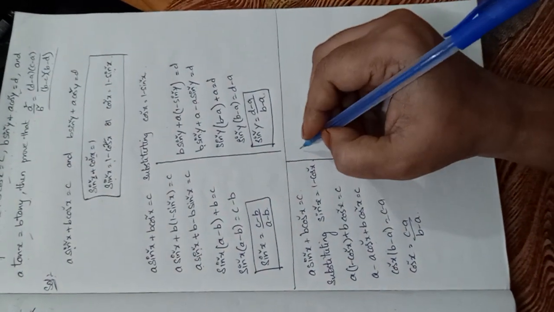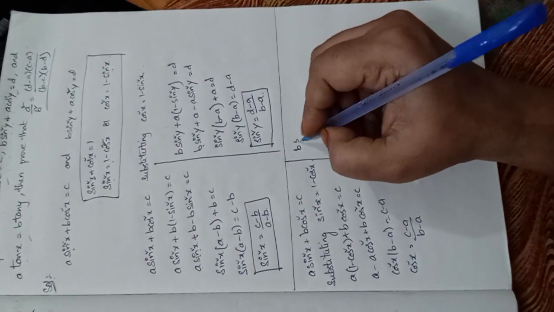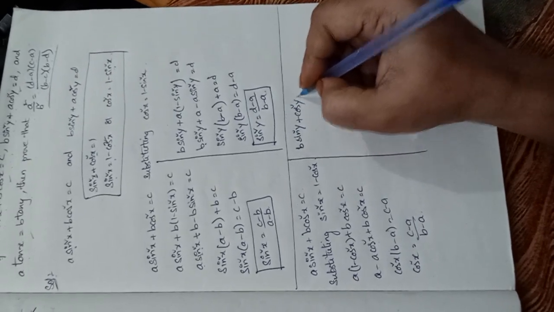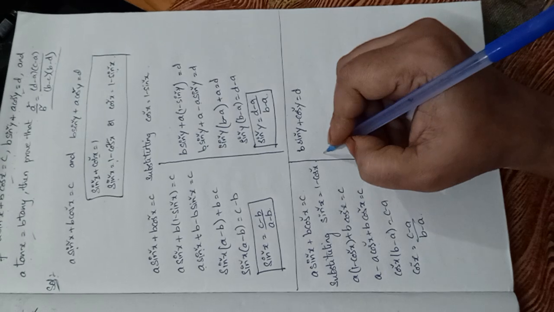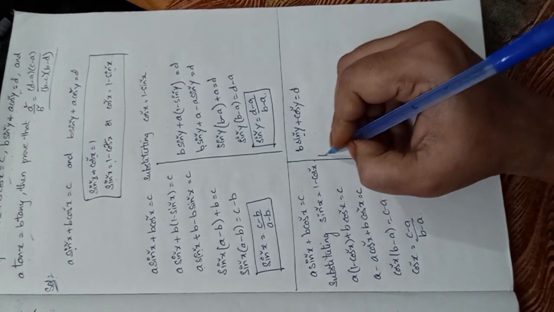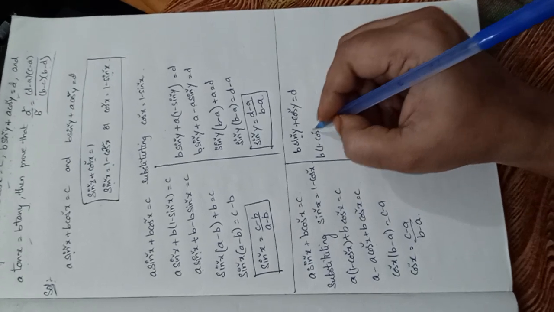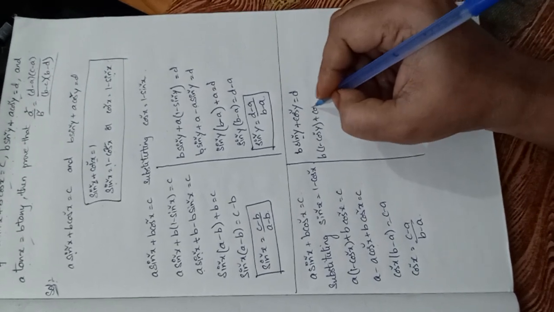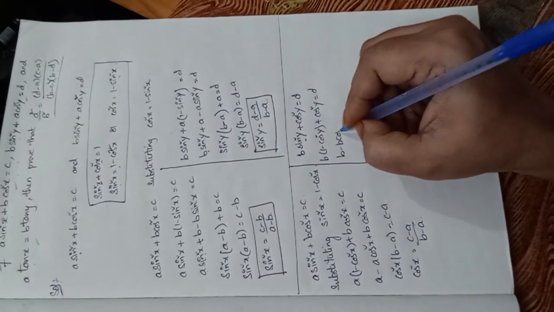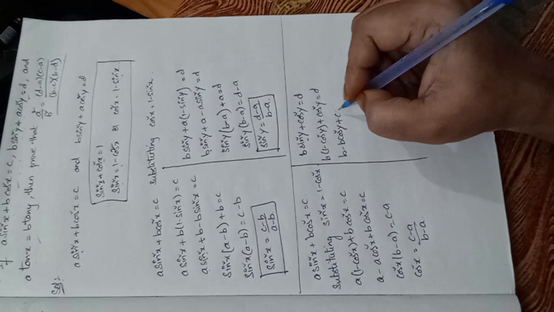Okay. Now again the next equation, b sin square y plus a cos square y equals d. So in the place of sin square y you have to substitute 1 minus cos square y. 1 minus cos square y plus cos square y equals d. b minus b cos square y plus